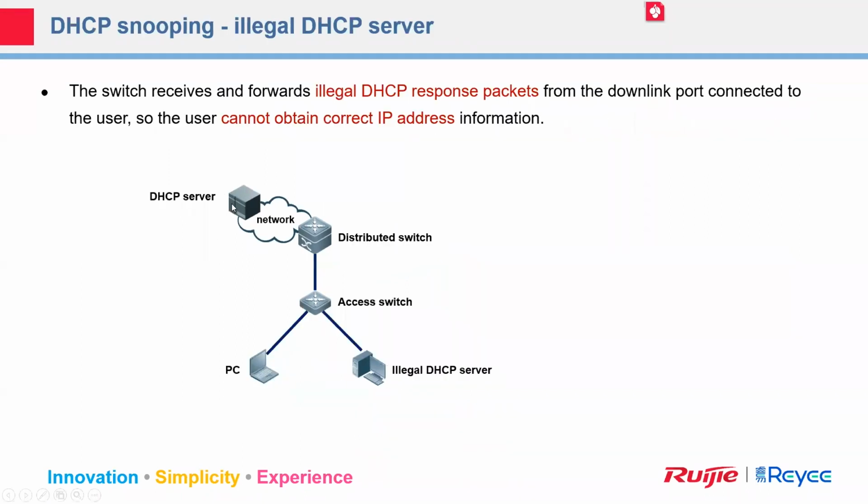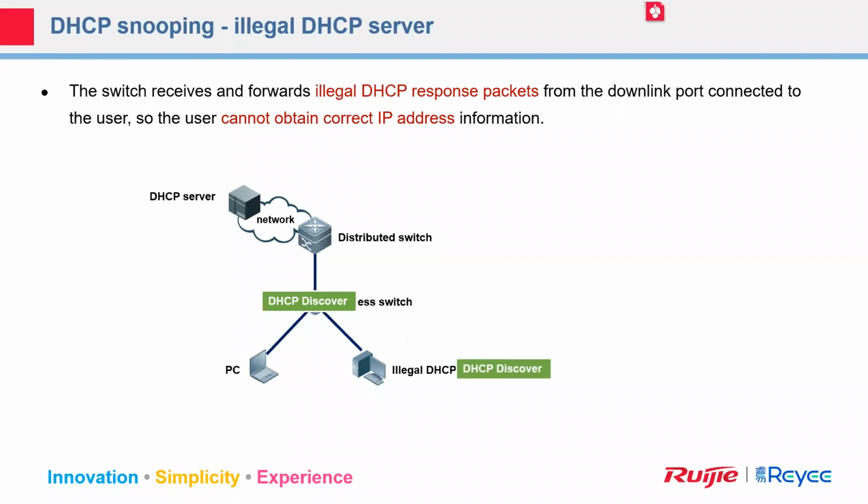The second one, if in our network we have an illegal DHCP server. Now we will see the video of what the function of the illegal DHCP server is. In this topology, we have the DHCP server correctly, and we also use a computer to deploy the illegal DHCP server. The first time, the PC will send out the discovery packets: are there any DHCP servers in our network or not? This is a broadcast packet, so when the access switch receives this packet, it will flood. Flood means it will send the packet to the illegal server, right?